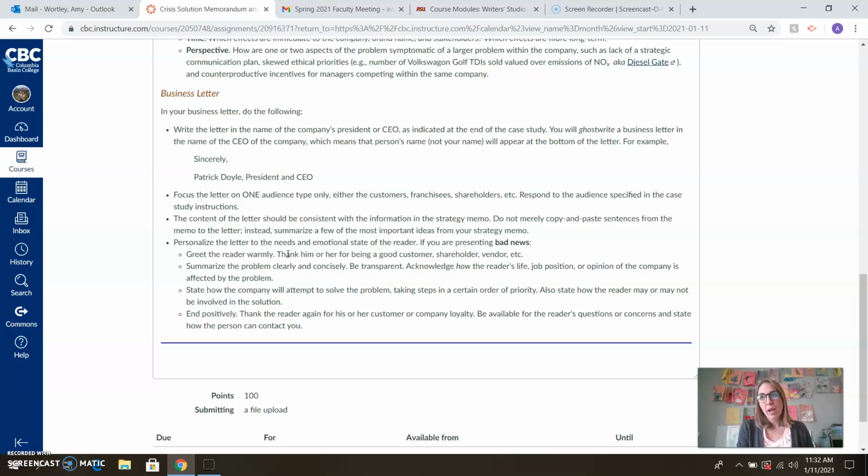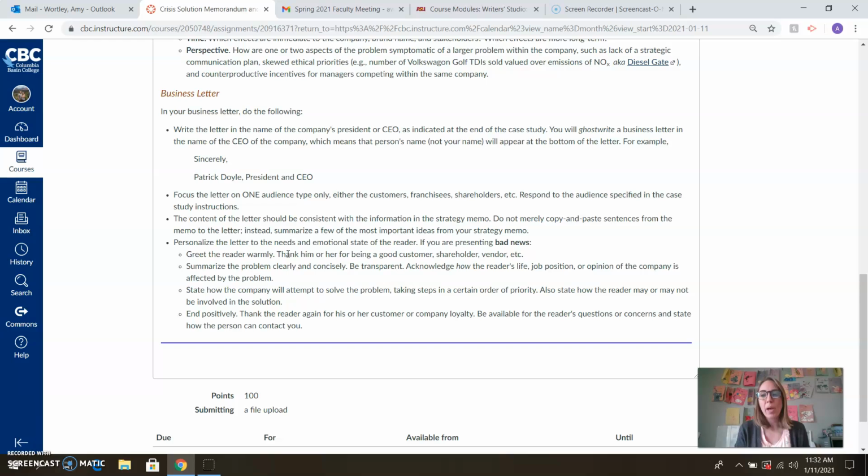This letter is much more emotional. So think about the memo as just strictly business. We want just the facts and how to fix this thing. The letter has to take into account the human condition and make human connections. And so we want to acknowledge someone might be frustrated, or we want to thank someone for staying invested in the company despite the issues we're having with our apple juice, or something like that. So we want to create emotional connections with our reader. We want to retain these people. We don't want to lose them because of this incident, right? So how do we create those connections?